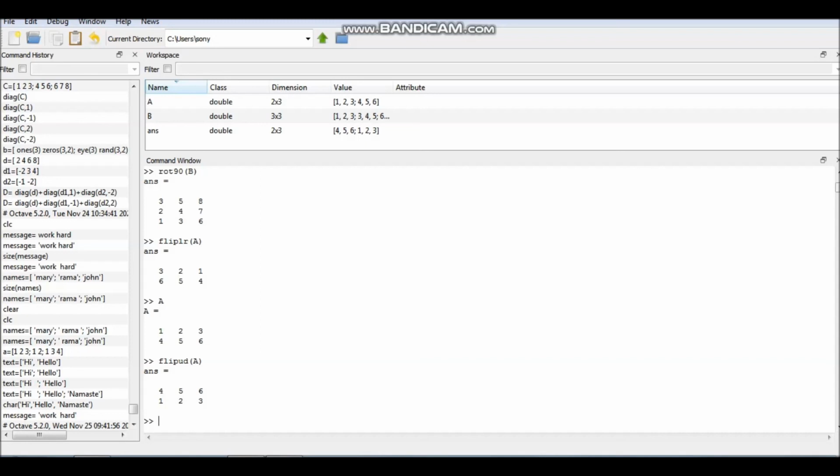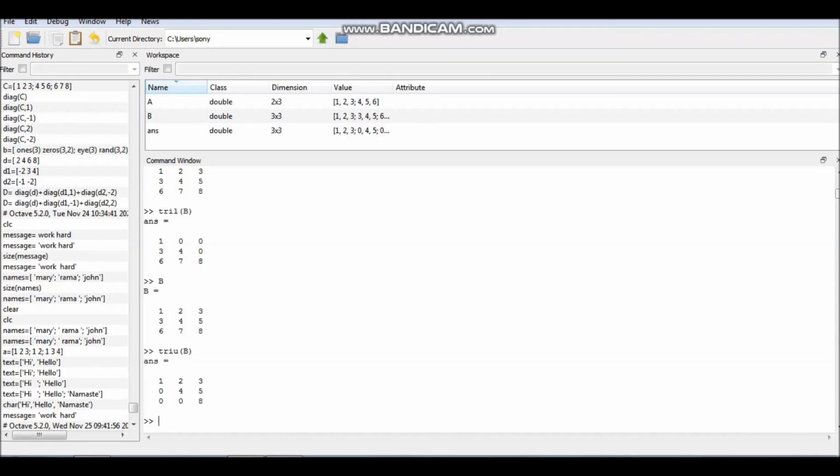Then you can also extract the lower triangular and upper triangular part of a matrix. If I have a matrix B which I have already written, and I give the command tril(B), meaning I want to extract the lower triangular part of matrix B, then this is the answer, because the B matrix is this, and this is the lower triangular part where the upper triangular entries 2, 3, 5 become 0. Similarly, if I write triu(B), then you can see the lower triangular part becomes 0 and we will get only the upper triangular part of matrix B.